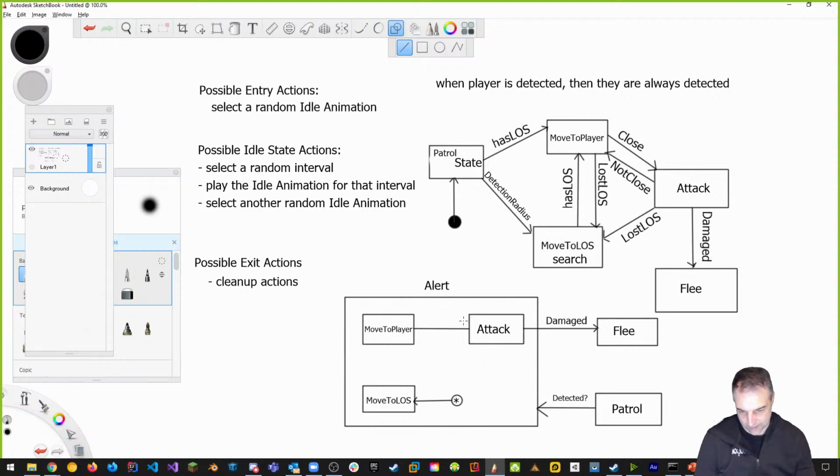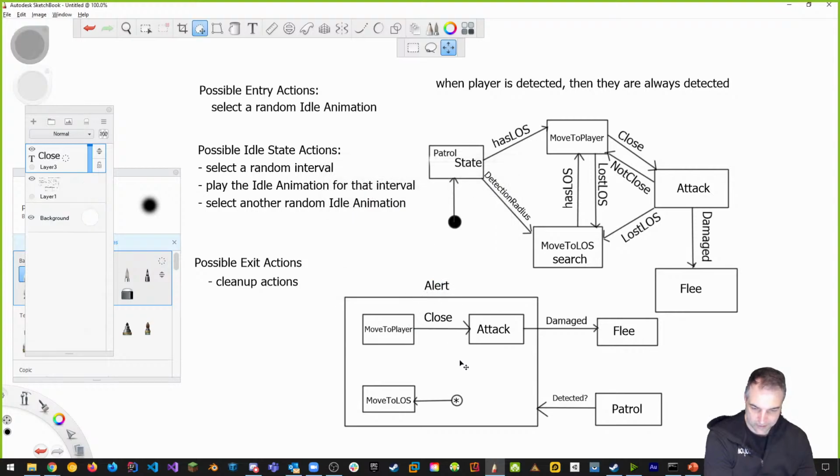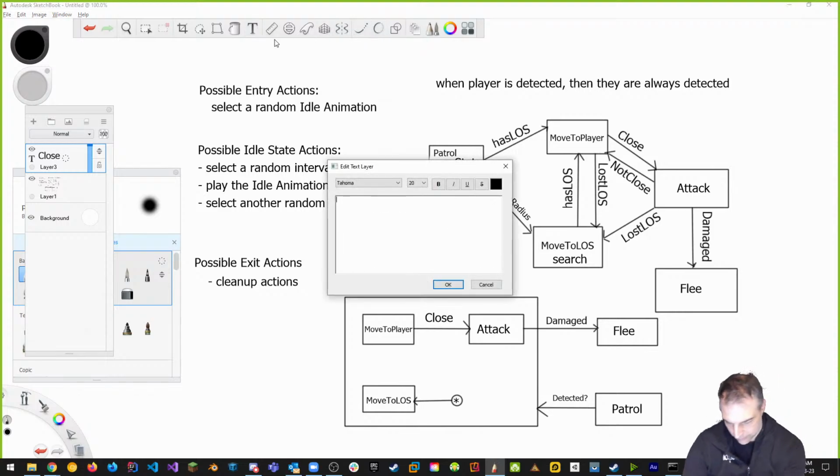Now we're still going to have some similar states to move us back and forth. There's nothing that's going to change here, in terms of the way we've done it. We're not eliminating has line of sight or lost line of sight, right? That's nothing that's going to be eliminated. Either we're close or we're not close. If we're not close, then we're going to go back to moving to the player. So this is the other way around, not close. Close or not close,